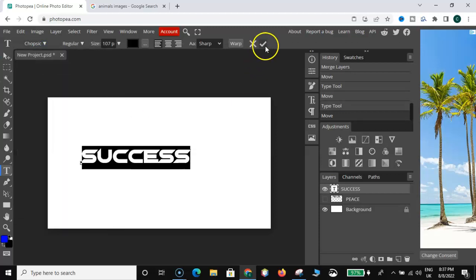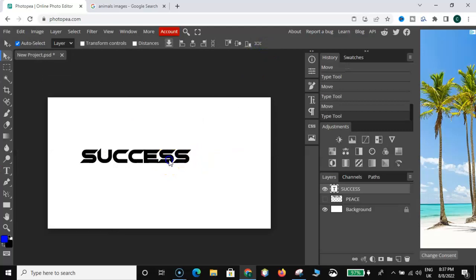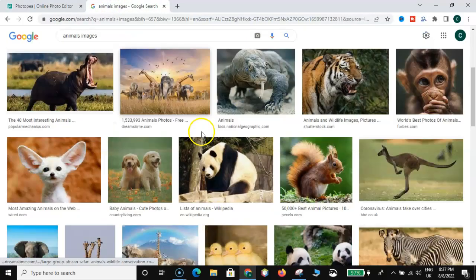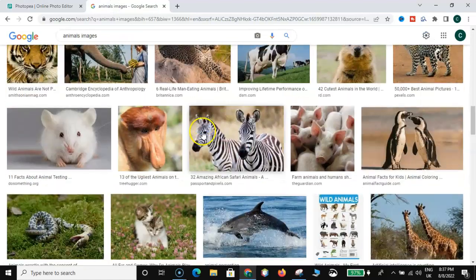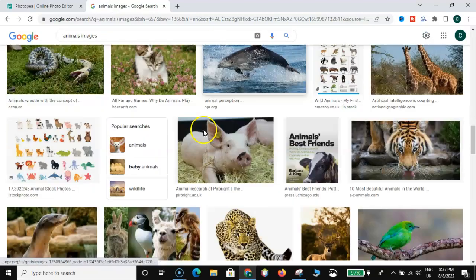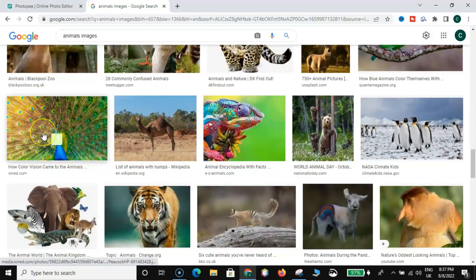By double clicking on the image, you will go for the font you like. After that, let's confirm. Then you have to go for the image. So let's go for something like this. I think we're gonna use 3 animals here. Let's go for this. Okay,